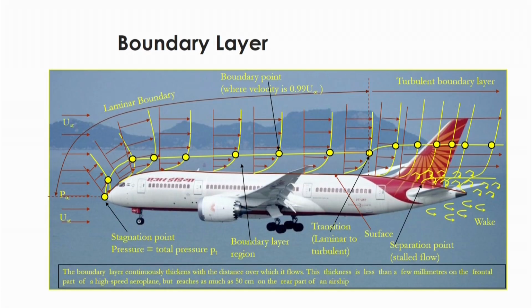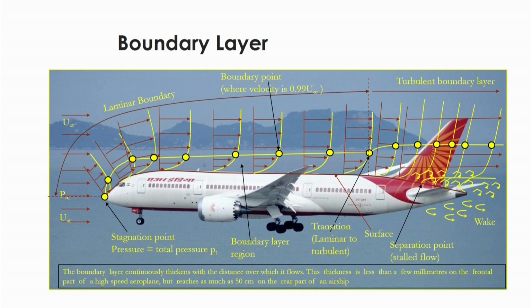Now, in this lecture we will discuss the boundary layer, and the characteristic features of the boundary layer whenever fluid flows over a solid surface. As an example, suppose an airplane is moving at high speed. Surrounding the surface of the aeroplane there will be a flow of air opposite to the aeroplane at the same speed as the aeroplane.